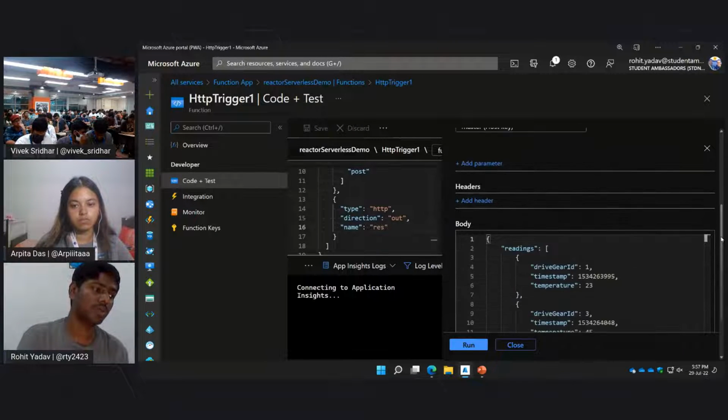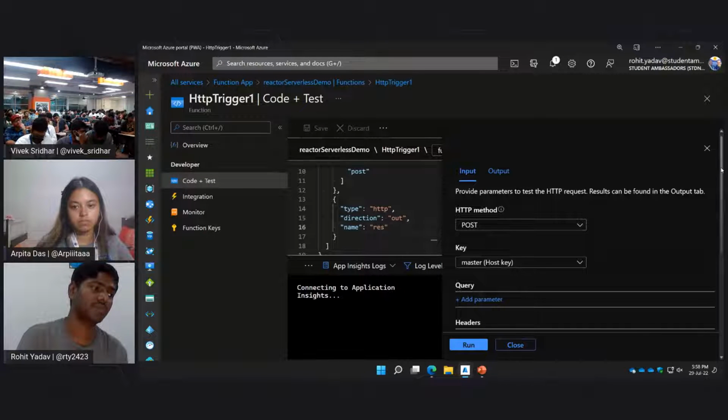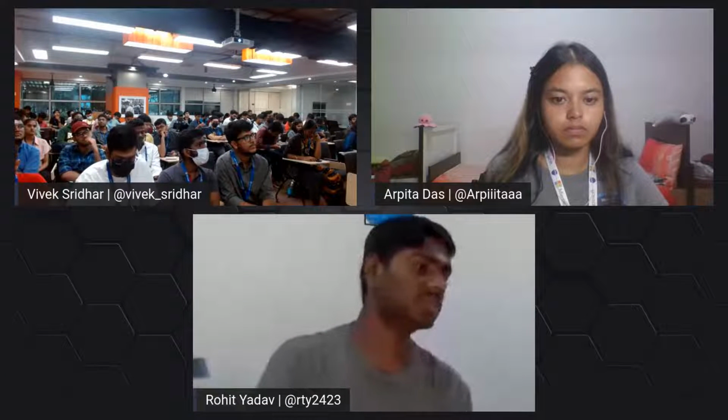In the body part here, as you can see, we provide a number of inputs to our function. The HTTP method that I am using here is post, and then there is a part for key here, which is usage of a master key. I can use a query parameter here to share my